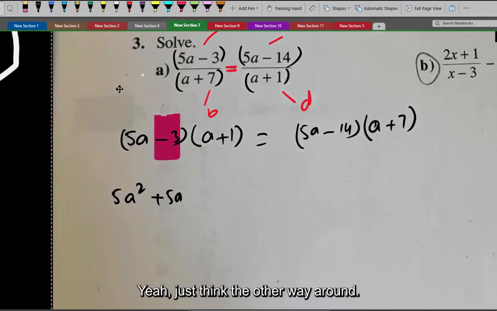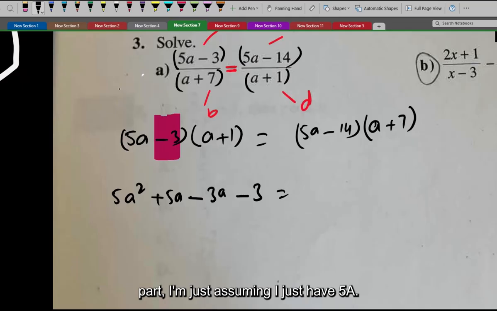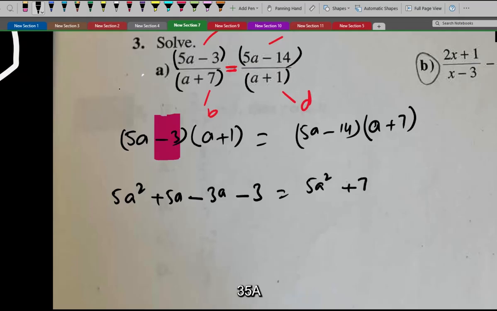Yeah, just think the other way around. So it's going to be like minus 3 times a minus 3. And for this part, I'm just assuming I just have 5a. So 5a times a is 5a squared plus 35a minus 14a,